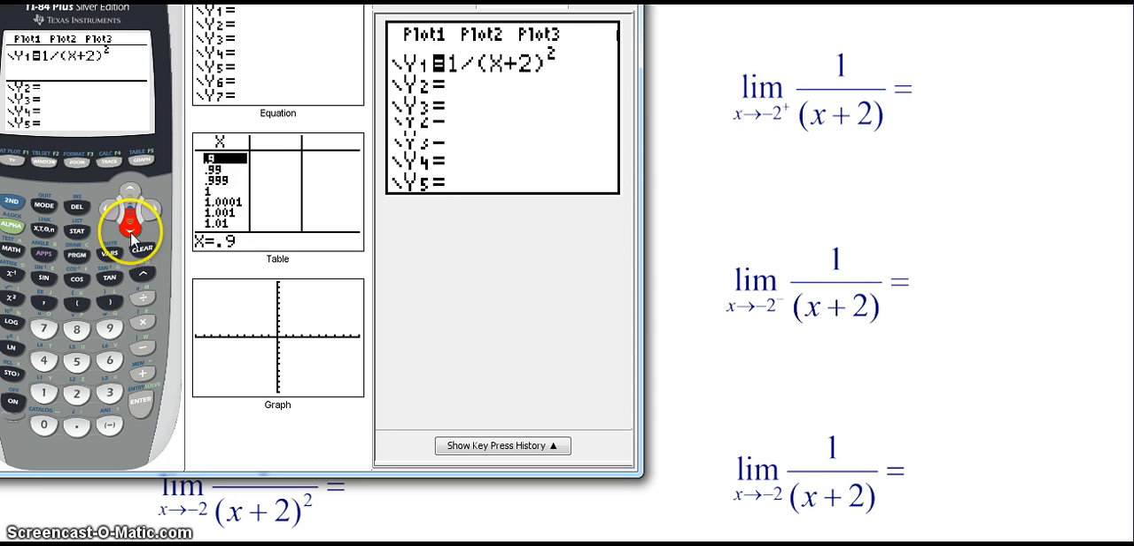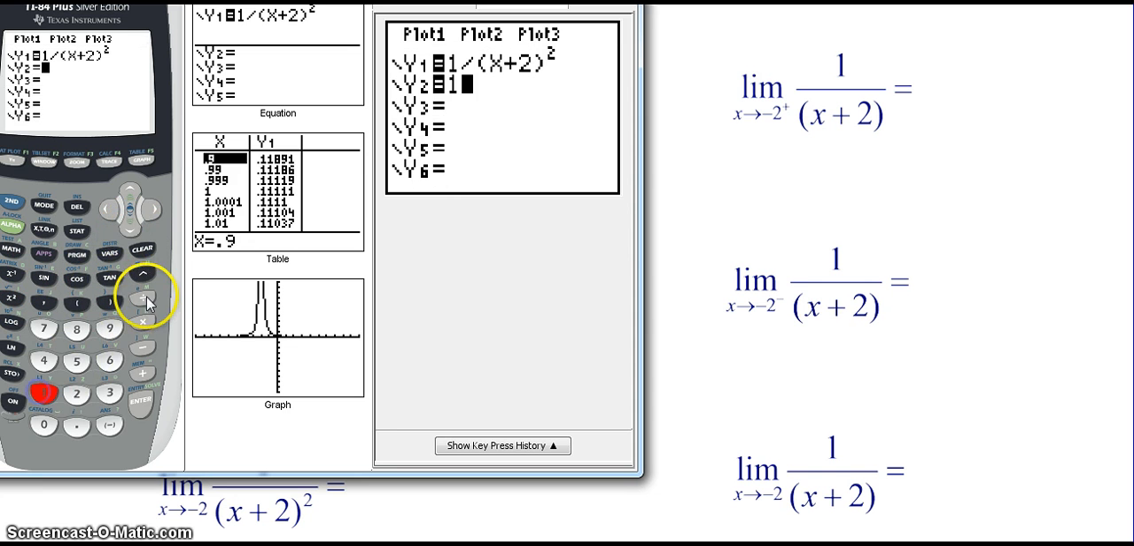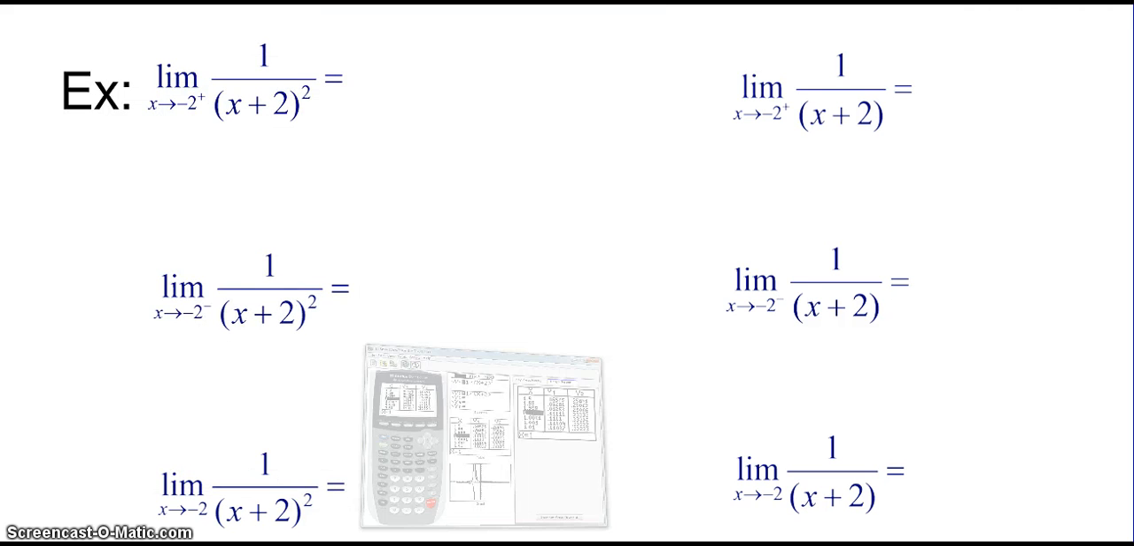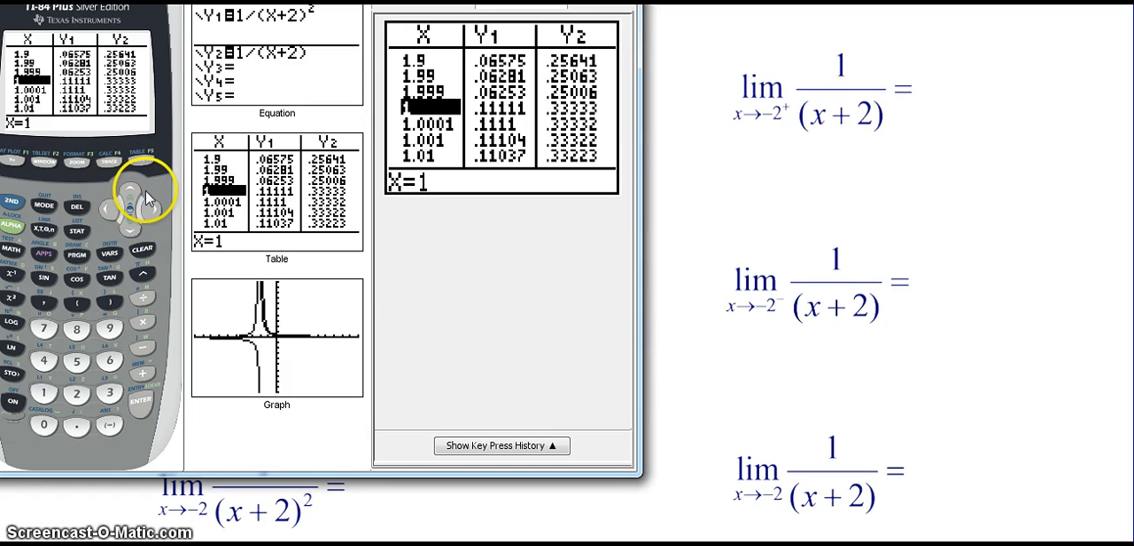And for y2, I'm going to put in 1 over the quantity of x plus 2. And now we're going to look at the table. So let's change this to... Alright, so we need to change these values. And let's change this to, let's see, we're looking at negative 2, so negative